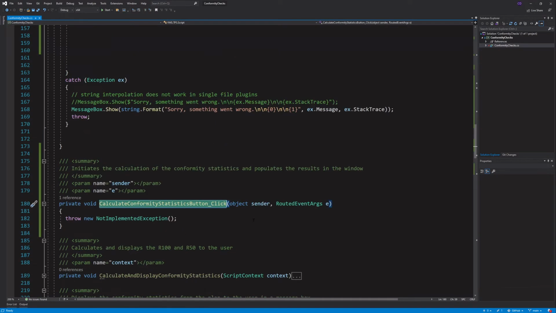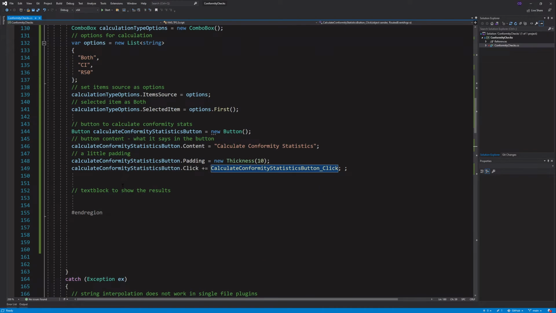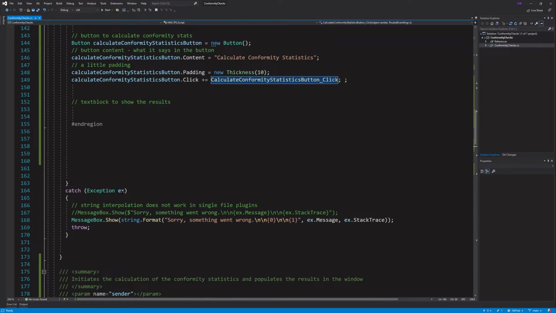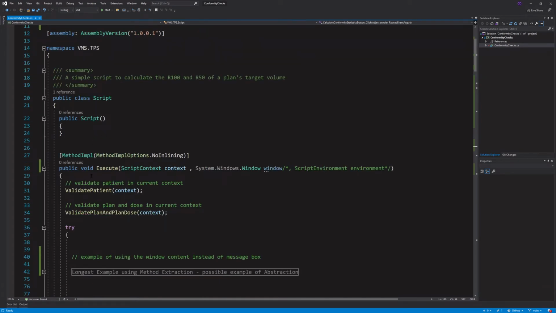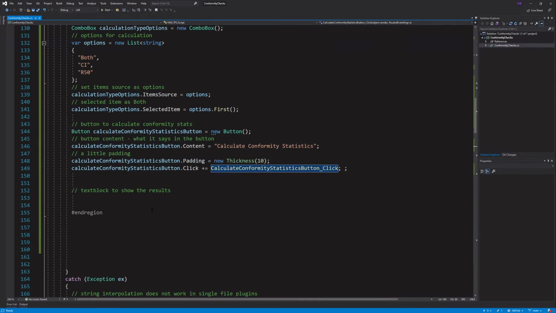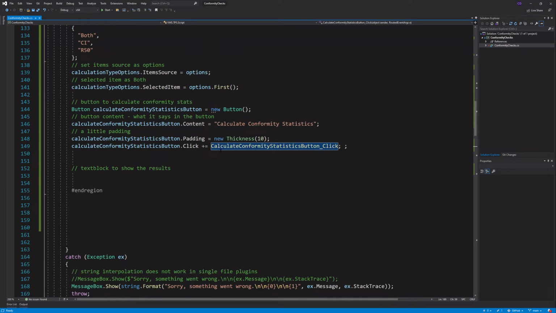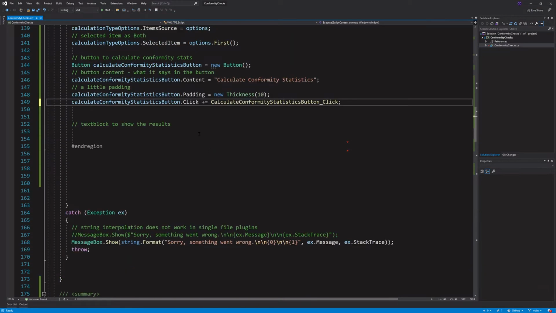Yeah, I think we're going to need these to be private fields that are created outside of the execute method. So let's work through the thought process here. First, we can get rid of that. Okay, so